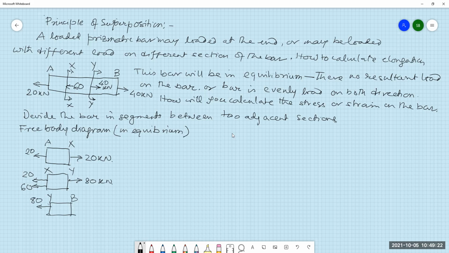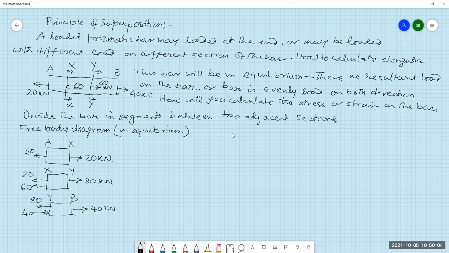Here we have 40 kilonewton load acting rightwards. So you have to put 40 kN here. This is the actual load 40 acting on this section YY itself. So this is 80 kilonewton leftwards minus 40 kilonewton rightwards. So there is a 40 kilonewton leftwards resultant force acting. This will be balanced by another 40 kilonewton here, which matches the actual load put in this section P. This is the process with which we are supposed to calculate the stress acting on individual portions of the bar and the resultant strain of it.